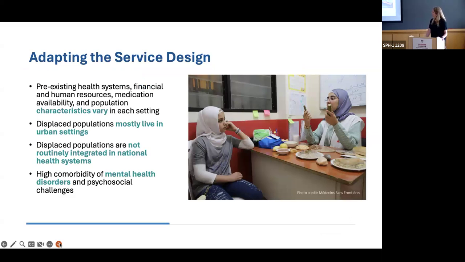And then, of course, you have to adapt the service design in humanitarian settings, looking at the existing health system. You know, Ukraine is not the same as Sudan. What's available? What are the resources available? What are the population characteristics? Most displaced populations live in cities, no longer in camps. And displaced populations are not routinely included in national health systems, so they're kind of managed outside of those systems. And of course, there are a lot of mental health disorders and psychosocial challenges,